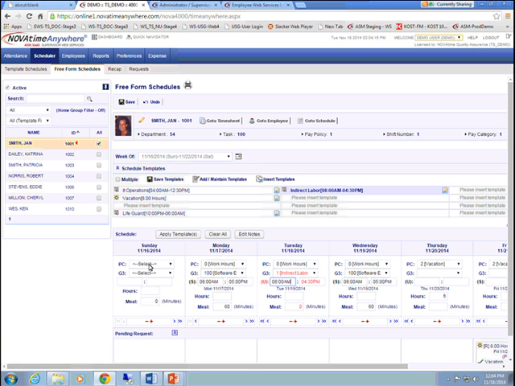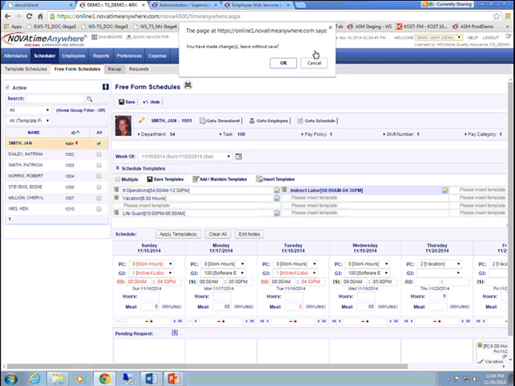Or I can just go to Sunday as an example here where the employee wasn't scheduled to work and put in the schedule manually. So this lets you make schedule changes on the fly without having to just apply templates. If your employees consistently work the same schedules, you can just use templates on the template schedules page, and it's really easy. If you're constantly having to make up new schedules, they're not standard, you can't use templates here, that's what the Freeform schedule page is for. Okay? And then finally,